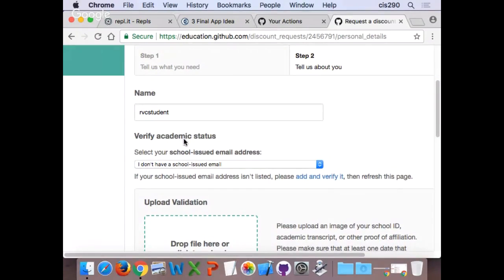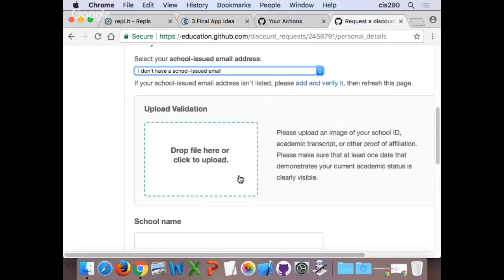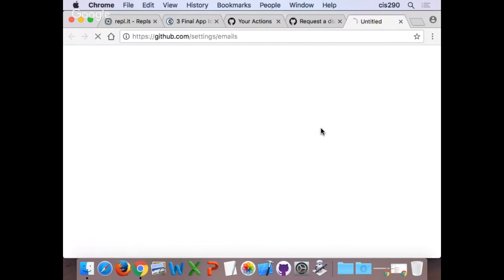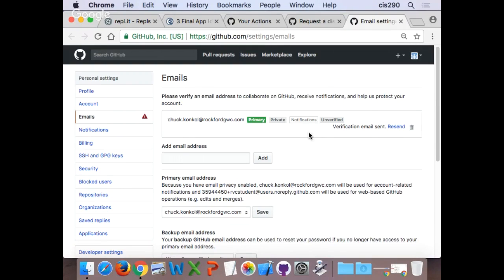And then it says verify academic status. If it says I don't have an email, you can upload it. If it isn't listed, which mine isn't because I set up another one, you can click this add and verify, which you're going to have to use your S number basically at that point. So I'll click on the add and verify.